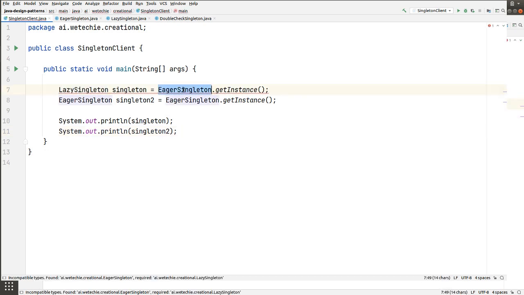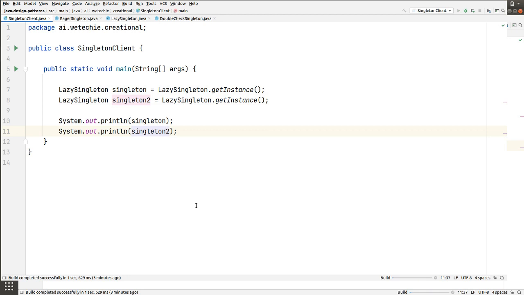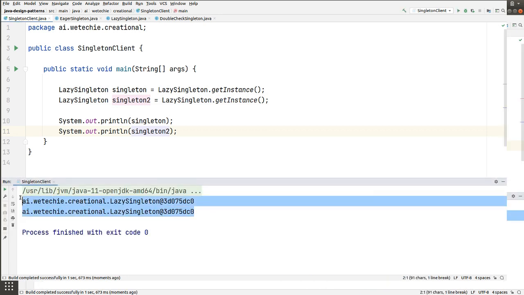Let's test the second type of singleton instantiation. Let's run this now. Yeah, the output is the same, you can see, right? So for both of these lazy singleton references it is printing the same hash code, meaning it has created only one object of the lazy singleton class.